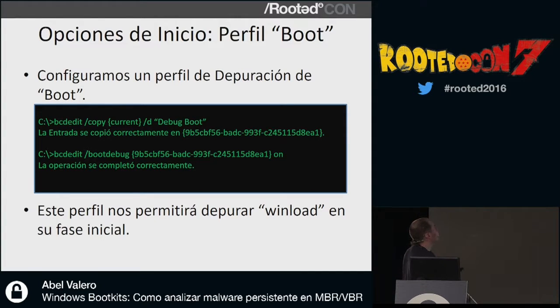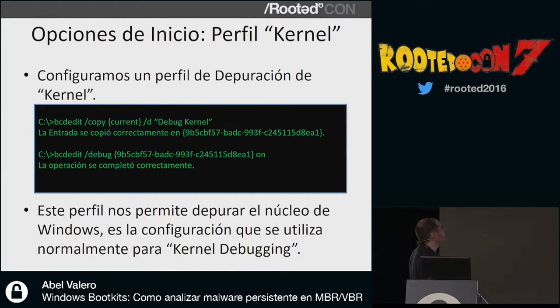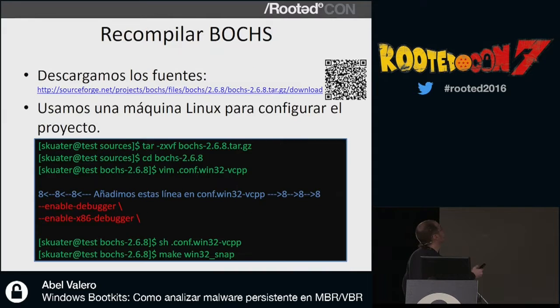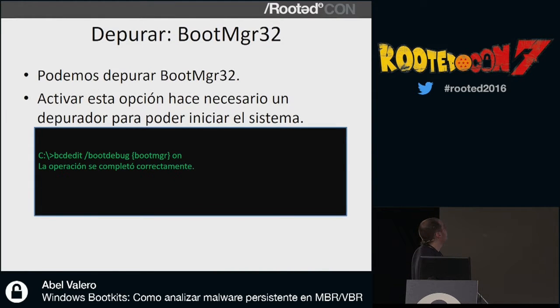Before activating this, we do BCDEdit and we ask the system to copy. There will be a number of options in the menu. So the copy will be made using that name. I tell it to activate the debugging.